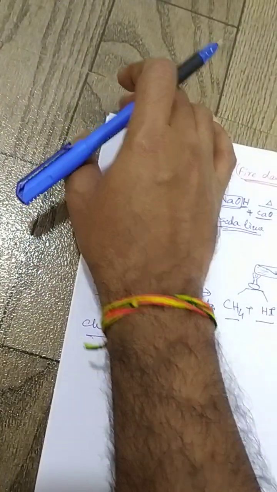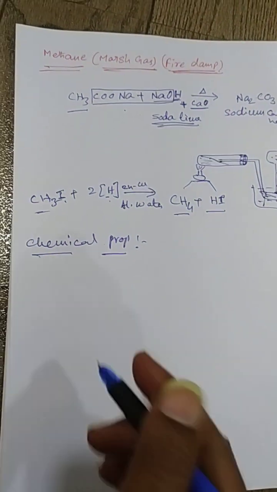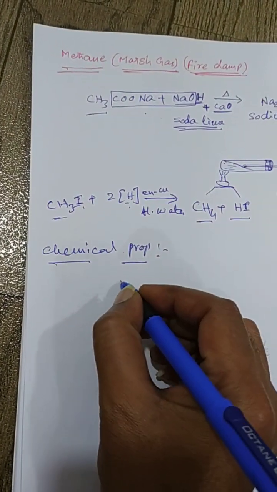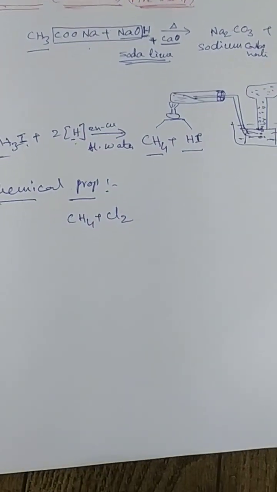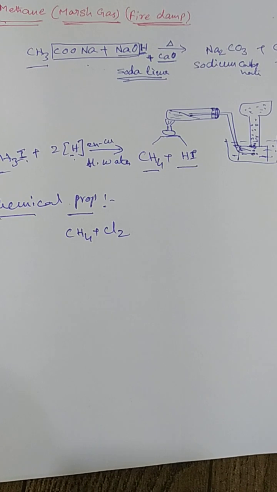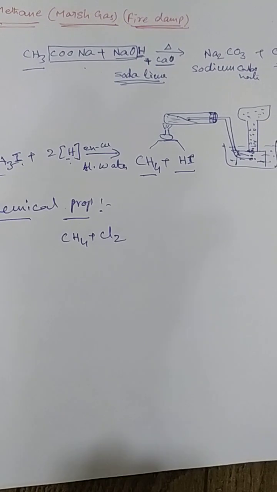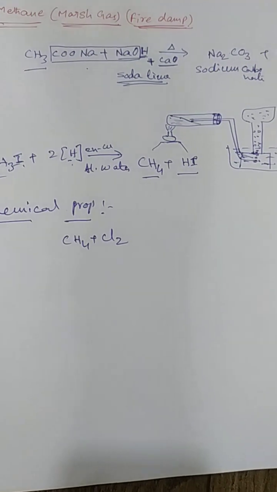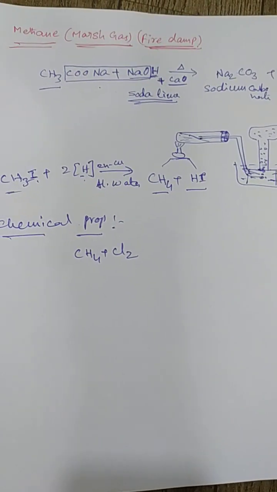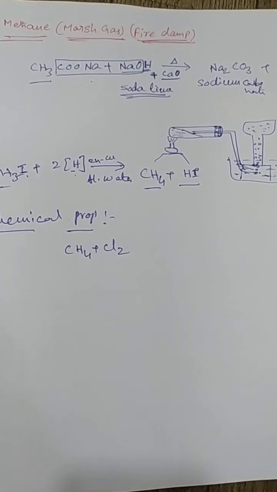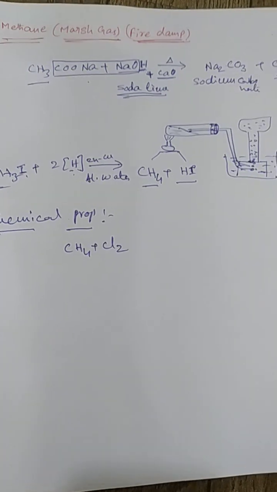the major chemical property is halogenation, the reaction with halogens. Here, methane actively participates in the reaction with chlorine. Basically, chlorine is one of the molecules that can easily participate in reaction with methane or organic compounds, whereas bromine and iodine have limited capacity. Chlorine has a chain reaction. Bromine has a limited reaction. Iodine goes only up to one or two levels. So among the halogens, only chlorine has the capability to have a chain reaction with organic